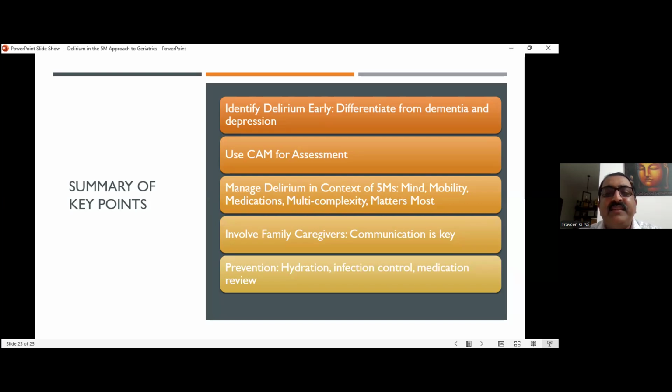We should also understand a person with dementia may get delirium very fast, or somebody with depression may end in delirium quite early or with a minor issue, because it's a delicate balance of mind which is keeping the cognitive status intact or the orientation status intact. Some biochemical or metabolic issues or some environmental issues itself can create delirium.